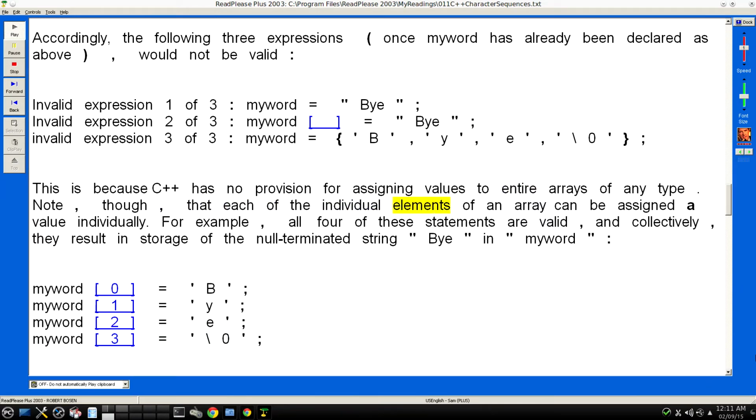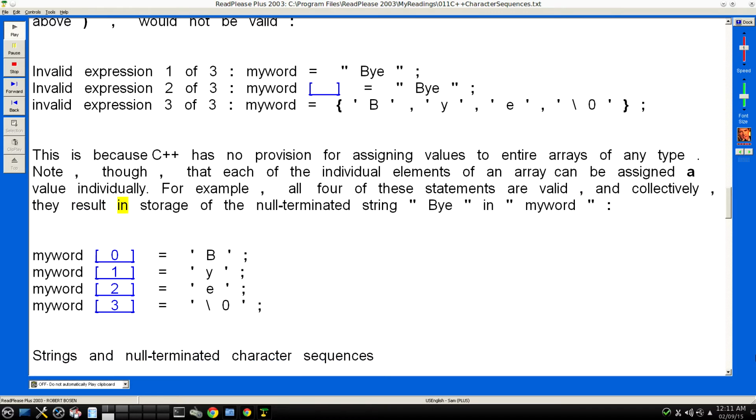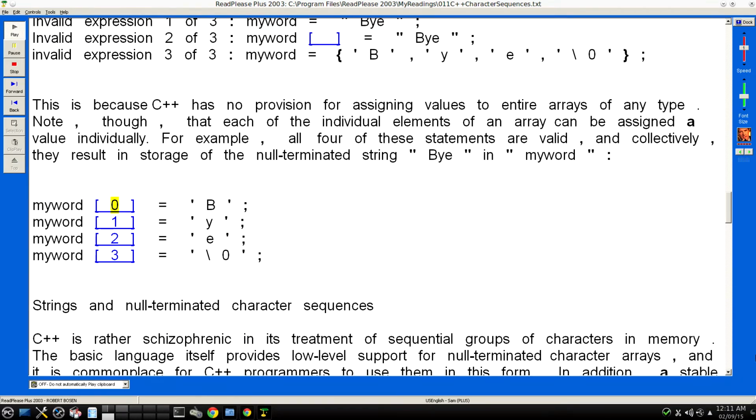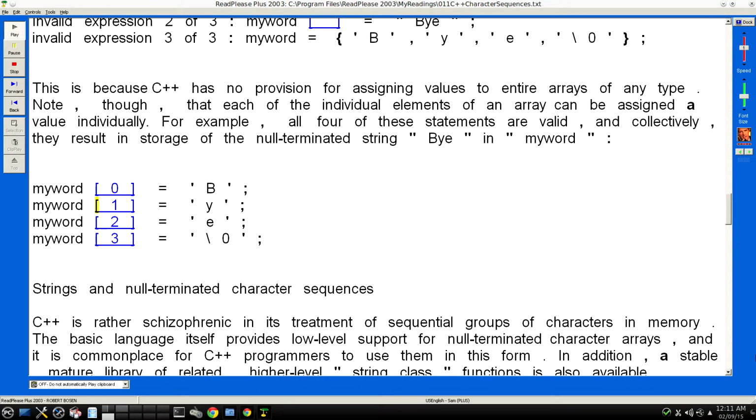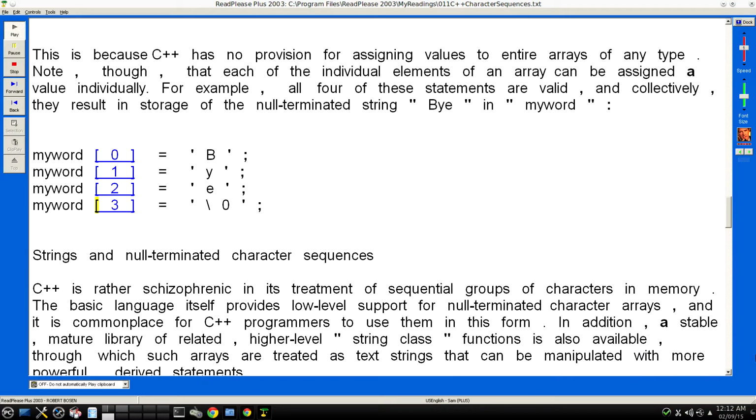Note, though, that each of the individual elements of an array can be assigned a value individually. For example, all 4 of these statements are valid, and collectively, they result in storage of a null-terminated string "Bye" in myword: myword[0] = 'B'; myword[1] = 'y'; myword[2] = 'e'; myword[3] = '\0';